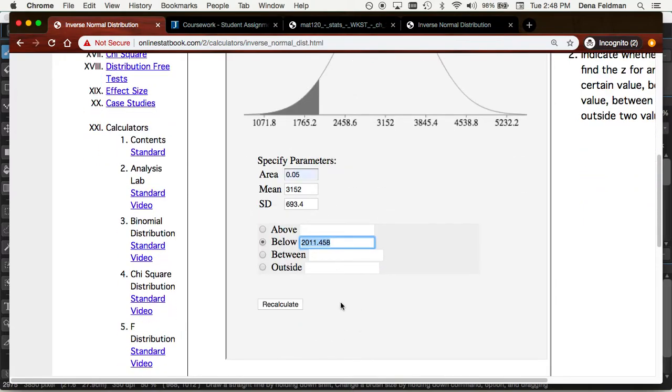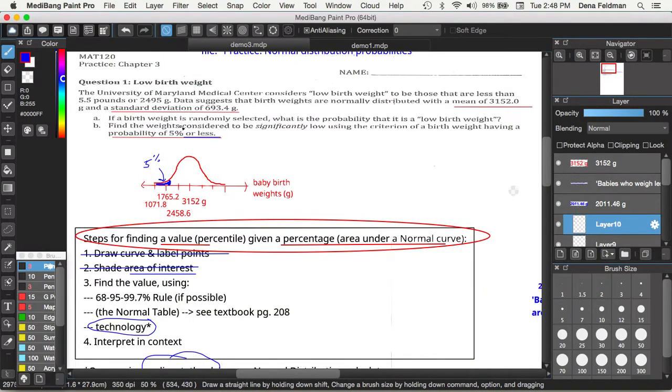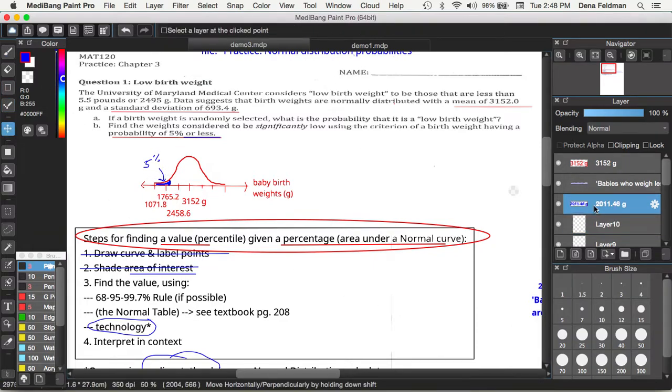Below, there's no other answer box down here because this is the answer. Again, we are looking for some number along this number line that will split out the lowest 5%. And here is that answer. I go back to the question page. It's asking us to find the weights considered to be significantly low when the criteria of a low birth weight is the probability of 5% or less. So 5% in here, and then ultimately I get this answer that